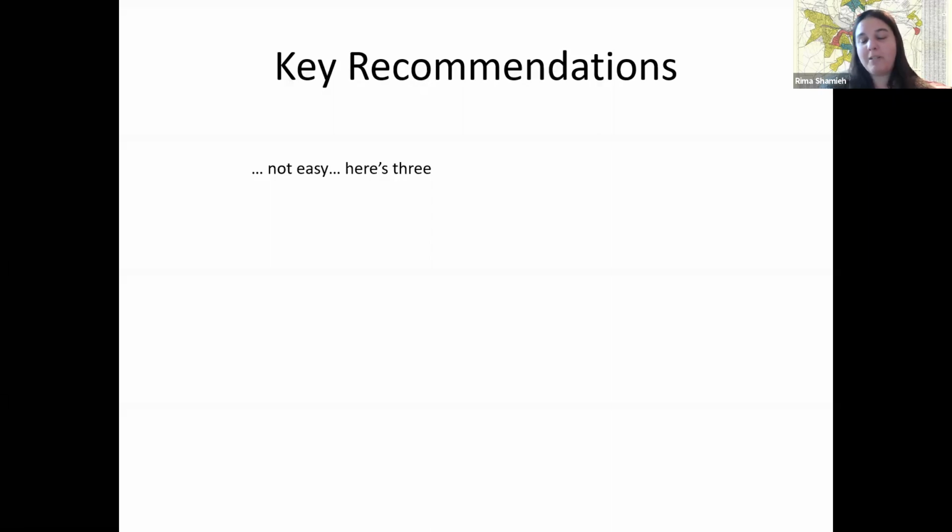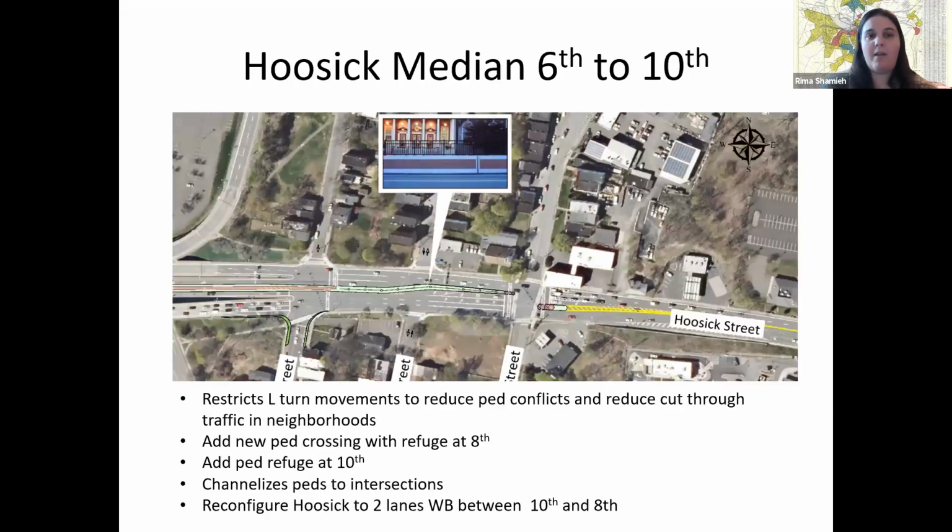I encourage everyone, especially if you have an interest in Troy, to go take a look at the study and the recommendations, as I think there's a lot of implementable ideas here that would have a significant impact on the connectivity, safety, and quality of life of the neighborhoods, pedestrians, and cyclists. So here's 3 of them.